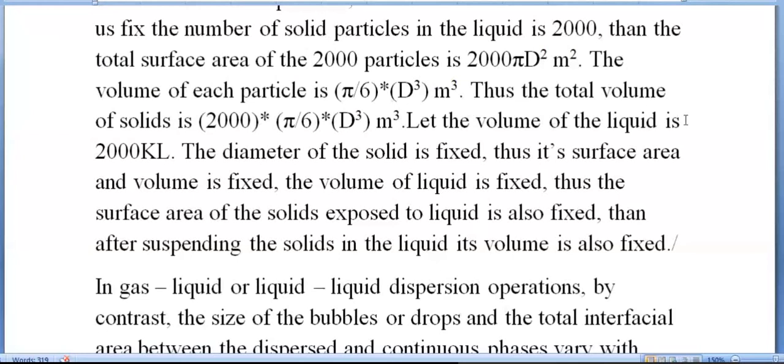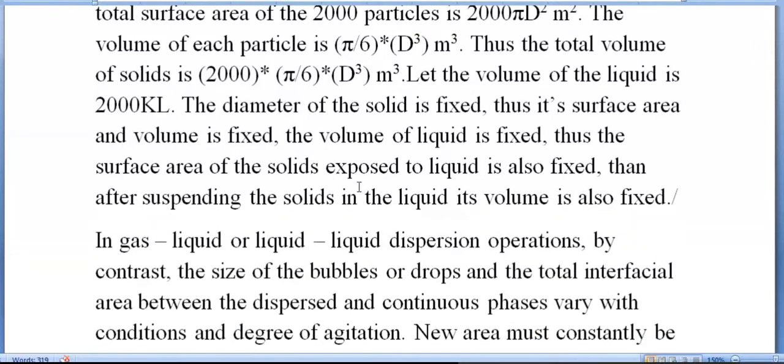Now let the volume of the liquid be 2000 K. Now it is fixed, it is not changing. The diameter of the solid is fixed. Thus the surface area and the volumes are also fixed. And the volume of the liquid is also fixed. Thus the surface area of the solids exposed to the liquid is also fixed, provided the solids are suspended in